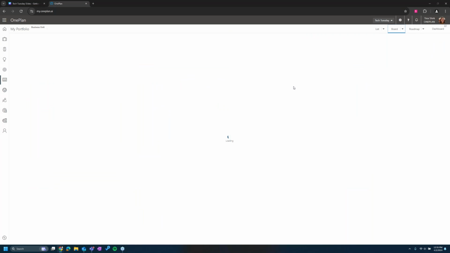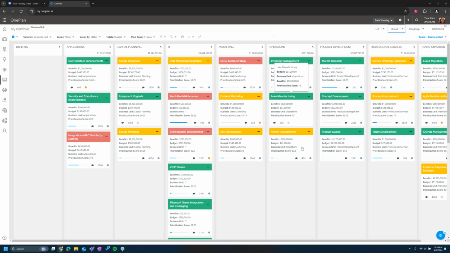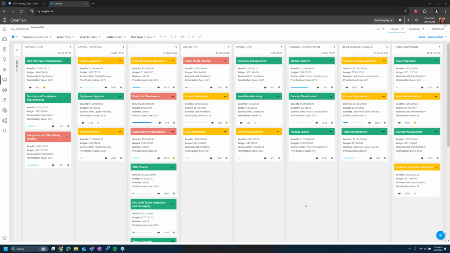And this now gives you a slightly different board view. This is a business unit centric board, and it's going to start emphasizing the plan dependencies. In this example, each column represents one of the business units that is part of this organization: applications, capital planning, IT, marketing, etc. At the top of each column, you can see the budget total rolled up of all the